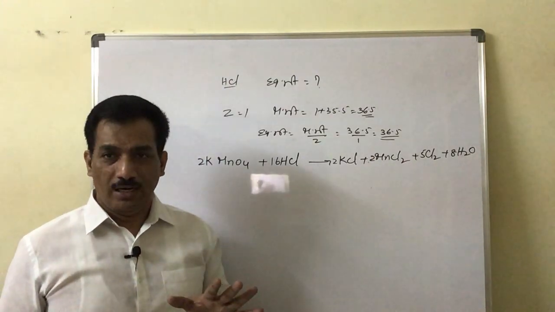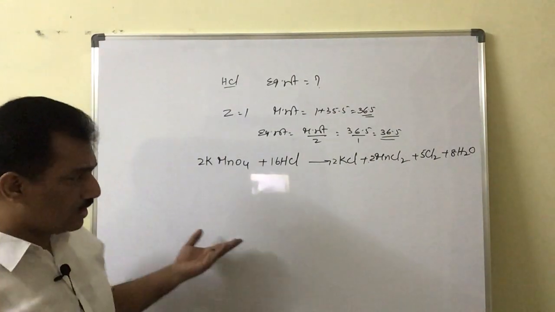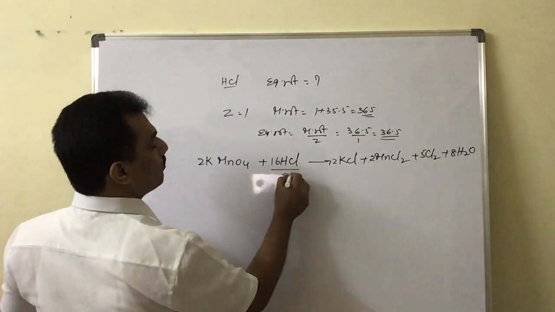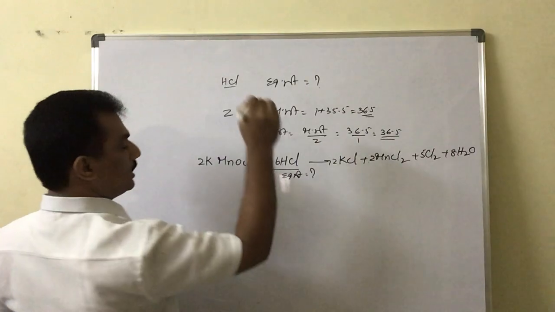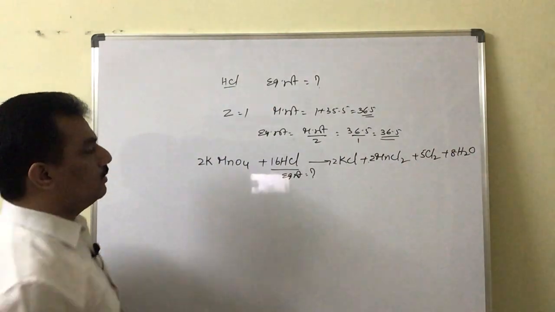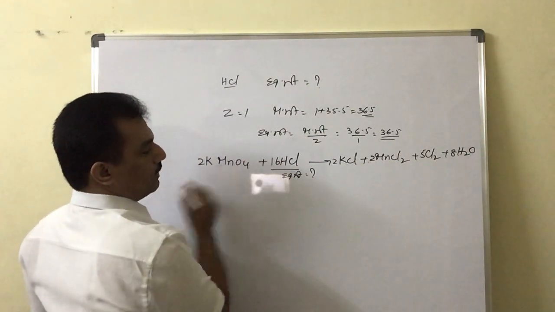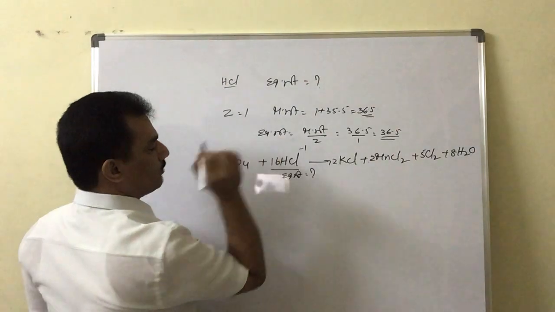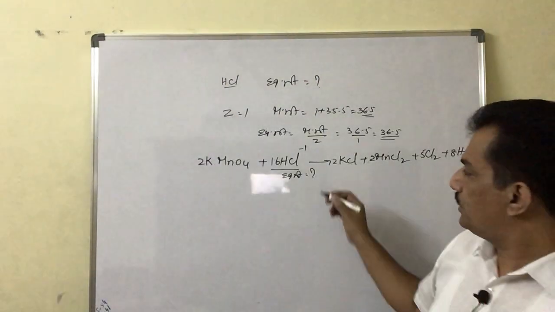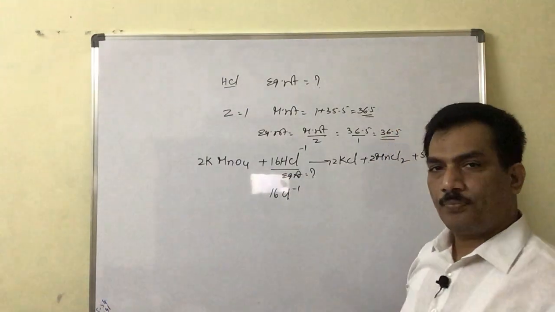Balancing the equation is required, and we have already completed that topic. Thereby you have to balance it, or otherwise they will give it balanced. In this reaction, if they ask the equivalent weight of HCl, how much is it? What to do? Here, first we have to consider the change in oxidation state of HCl. In HCl, chlorine is -1. Clear? And how many such chlorines are present? 16 chlorines are present with -1.